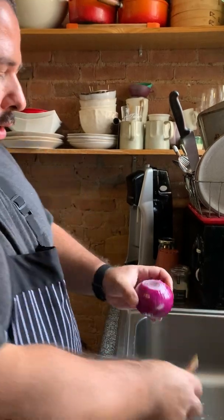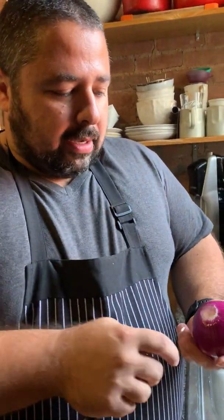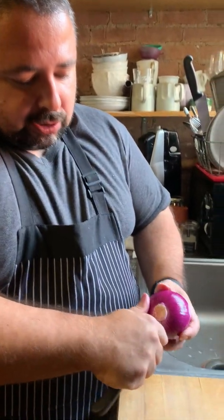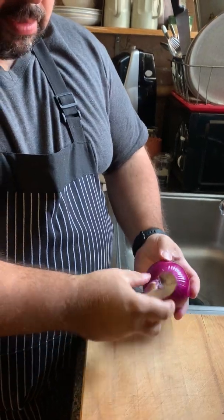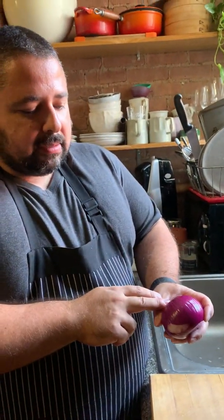So now the other thing I do, which is different than a lot of people, I like to try to maximize the use of the onion, right? So what I like to do is I like to core the butt end. So stick the tip of the knife on an angle and just cut out that butt end. For me, it's very rare where I'm not going to use a whole onion, or at least a half an onion. So I don't really like leaving the butt end when I'm dicing in particular, because I do think